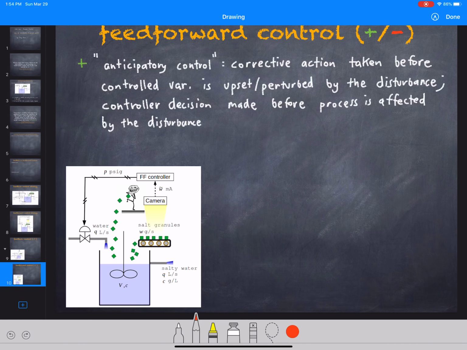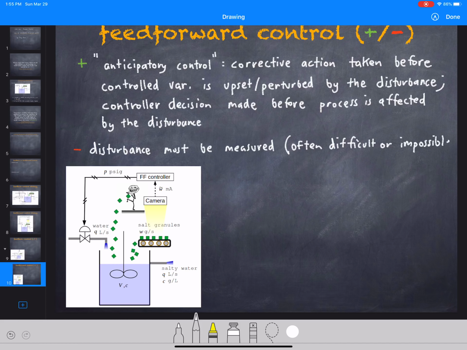control. And so one of these is that the disturbance must be actually measured, okay? So the disturbance must be measured, and often it's difficult or impossible to measure the disturbance. So this is often difficult or impossible. All right. So a huge minus with this,